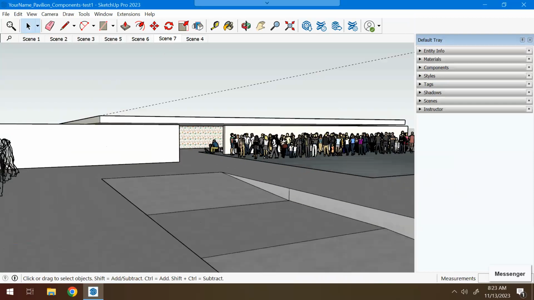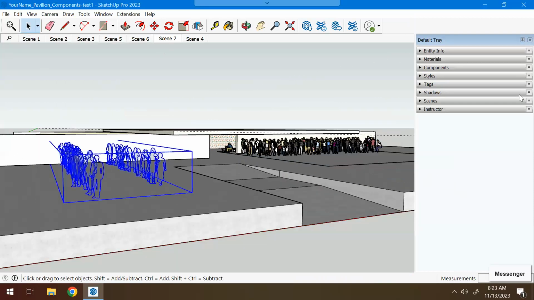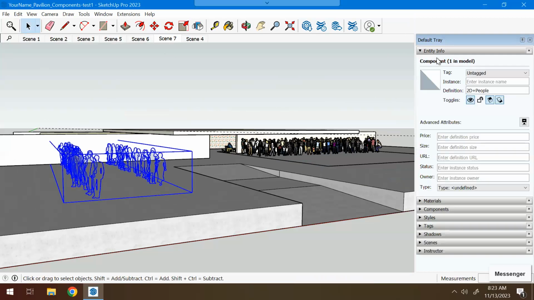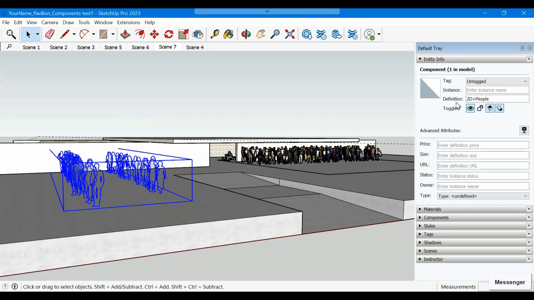Okay, so first of all, when you click on them and then you go to the entity information, you're going to find a definition here, component, one in the model. So this is just one component, and it's got several people. Now, when you look at this, it's kind of strange. They're all in a row. The idea isn't that you would leave them like this, but that you would bring them into the file and then explode the component, and then you have a series of other